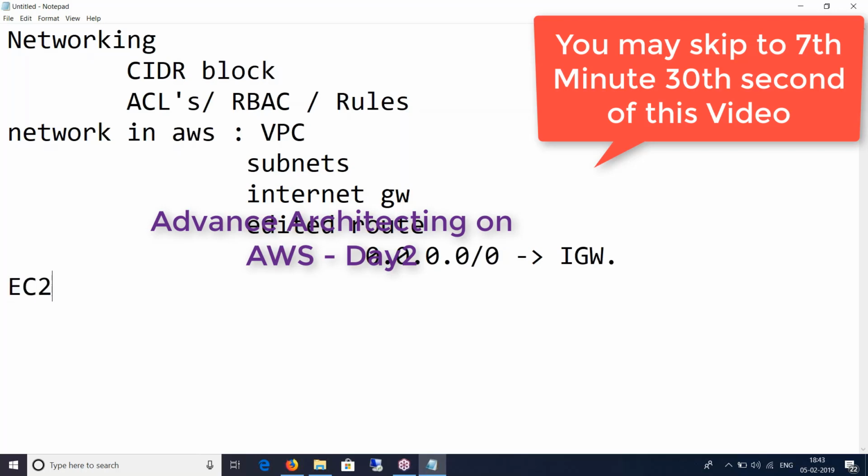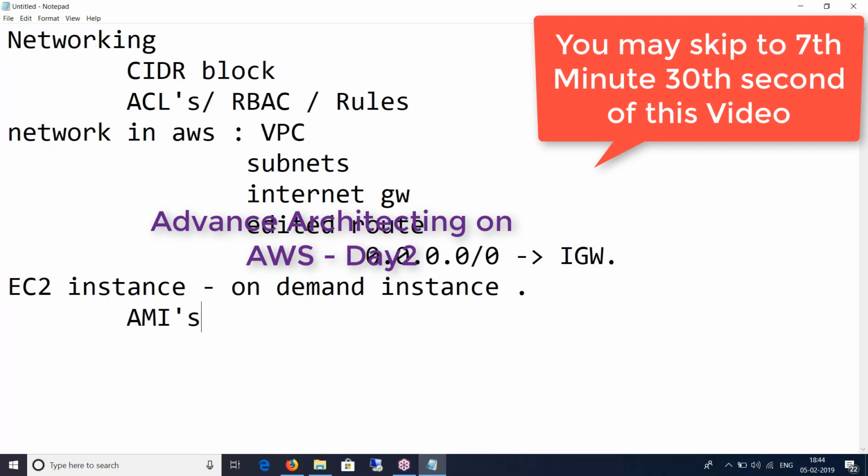We then introduced an EC2 instance, so that's where we learned how EC2 instances are created. What we created was an on-demand instance with a default image that's available in the Amazon marketplace, also called AMIs, standing for Amazon Machine Images.